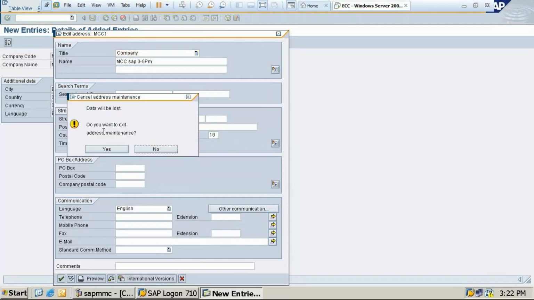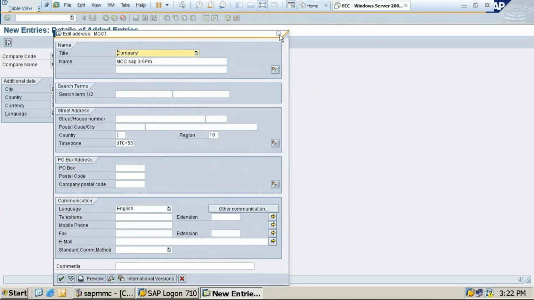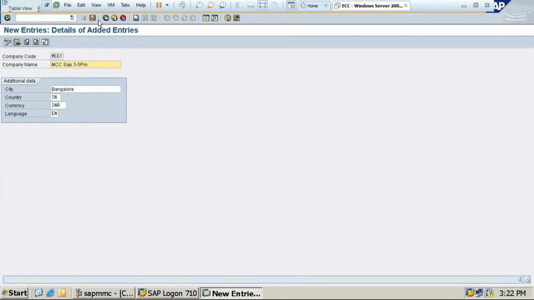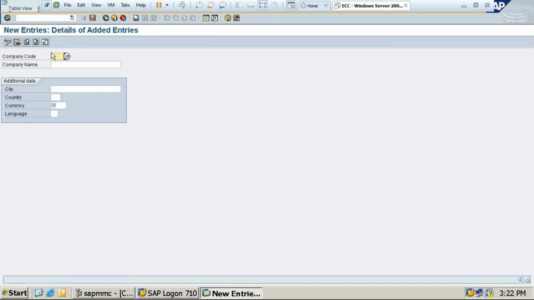See, if I don't give anything, address maintenance. Let me cancel this one. The data is saved. One more new entry I do for MCC2. See, can you see here the tick button? This is a mandatory field.